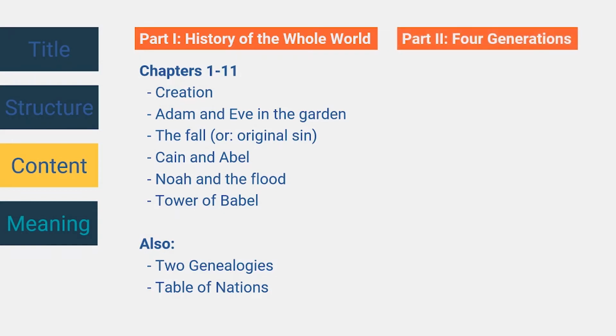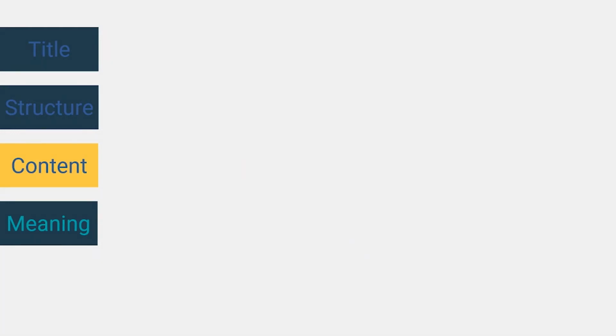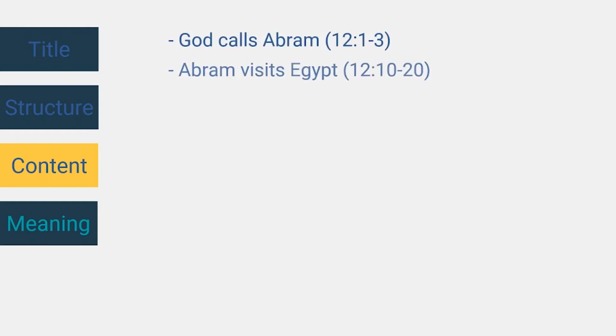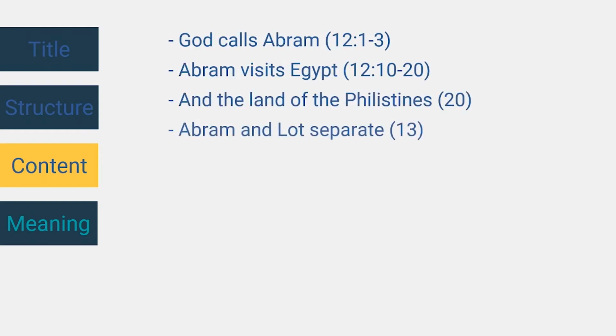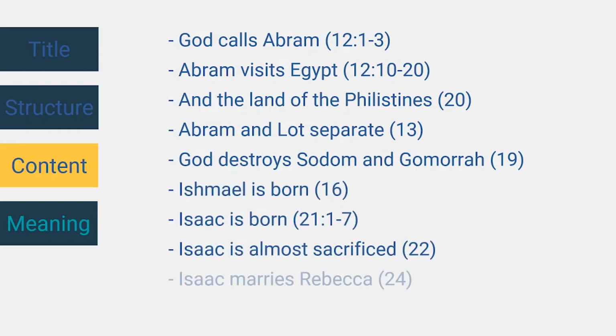The second part covers the rest of the book, namely chapters 12 through 50, and it focuses on 4 generations of people, namely Abram, later called Abraham, Isaac, Jacob, who would later become known as Israel, and finally Joseph. This second part of Genesis contains a lot of material, so I'll just be focusing on some of the highlights. It starts off with one of the most important episodes in the whole Bible, namely the